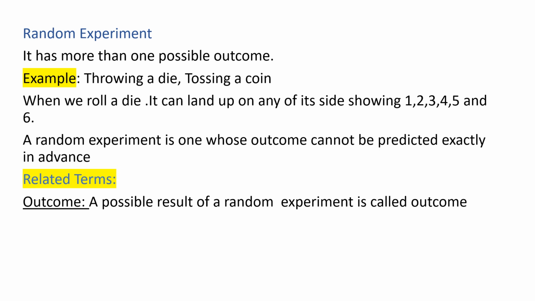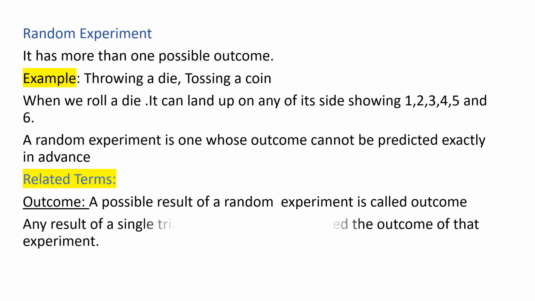So you are going to do a random experiment, and the result is known as outcome. For example, when you do a trial, I am going to toss a coin. I want to check how many times I am getting tail or how many times I am getting head. So I'm tossing a coin. That is my first trial. So outcome number one is the result for a trial.